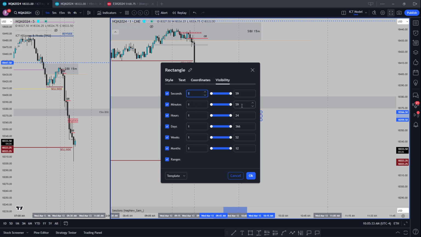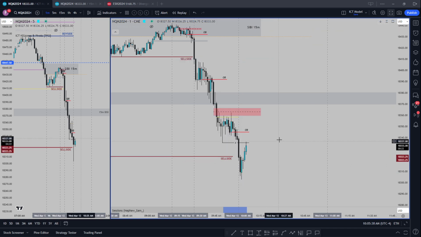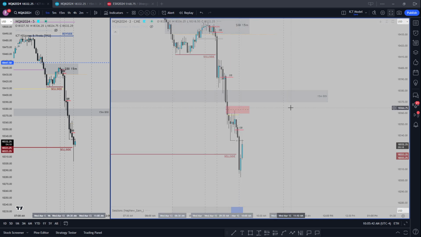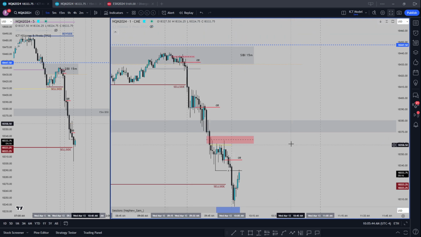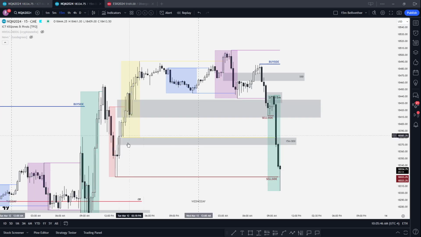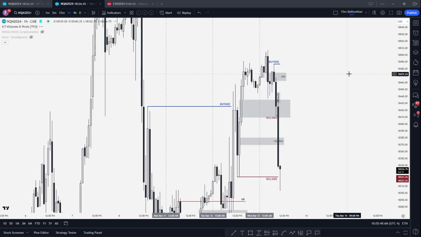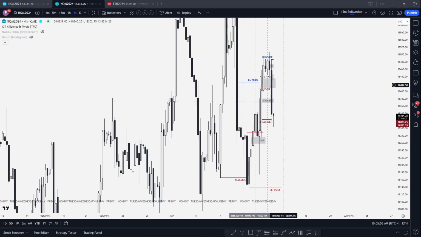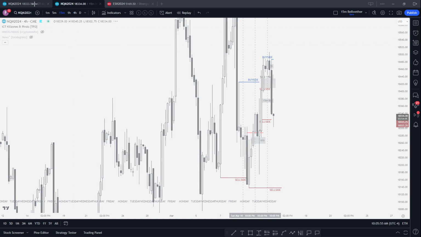Visibility will go 1 minute to the 2-minute. Hit OK. If I go to the 5-minute, the fair value gap won't be there. If I go to the 2-minute, it will be. And it's also helpful when you're just creating a daily bias. I like to use that. If you go to the hourly chart or the 4-hour and then drop down, as you can see, I didn't do it here, but